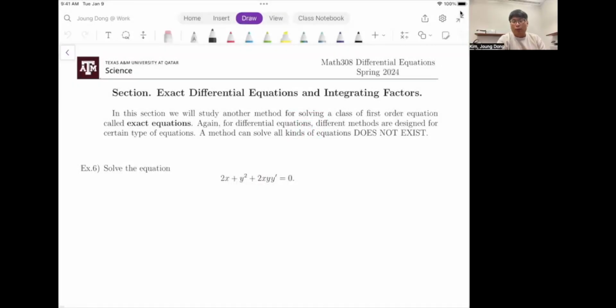So today we're going to talk about a new method, okay? So look at example number 6 first, okay? What is the name of this one? It is first order nonlinear, right? So let me write the name first, okay? This is first order